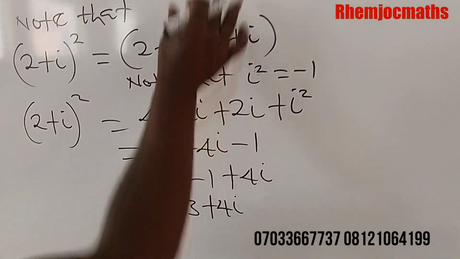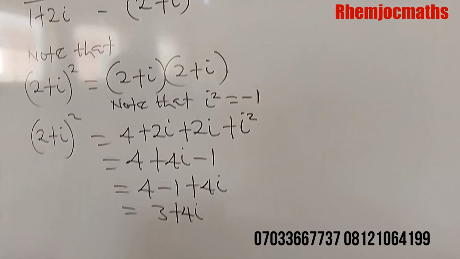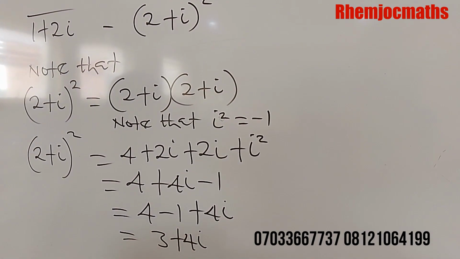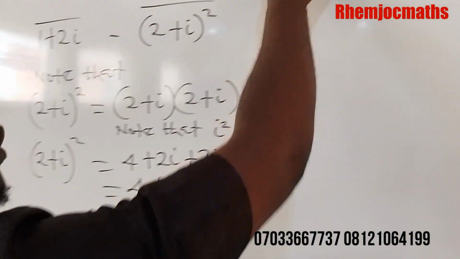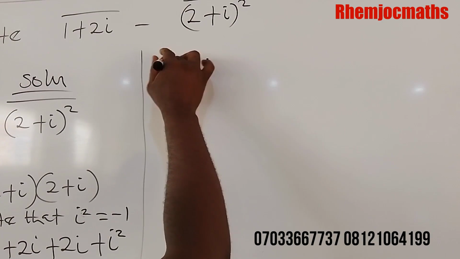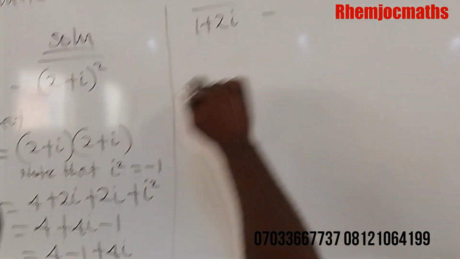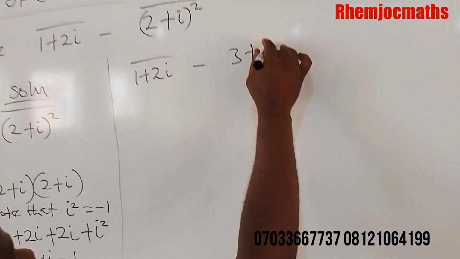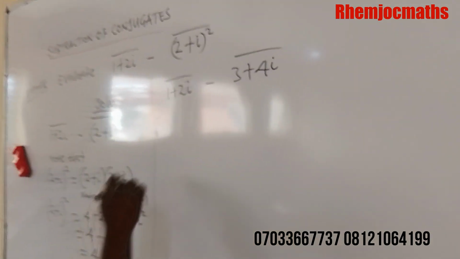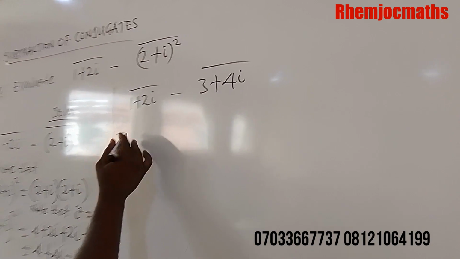So now, instead of (2 plus i) squared, we are going to substitute in 3 plus 4i here. So let's go. Here will now be the conjugate of 1 plus 2i, minus the conjugate of 3 plus 4i. So this is the same thing as if